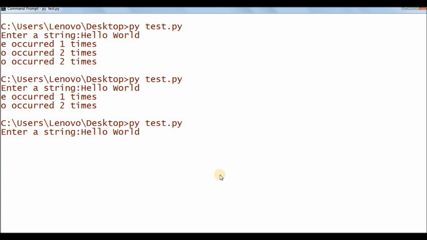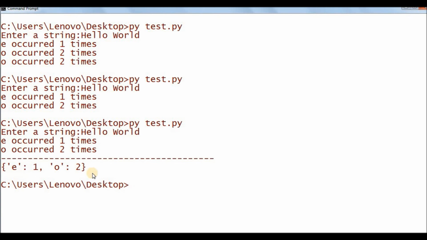Hello world. Okay, as you can see, we have come up with the output, but this is not in our required format. But we are close to the output, because inside the dictionary, as you can see, there is a key value pair. The key is a character, and the value that we have got is the occurrence of that particular character. In our case, it is vowel.